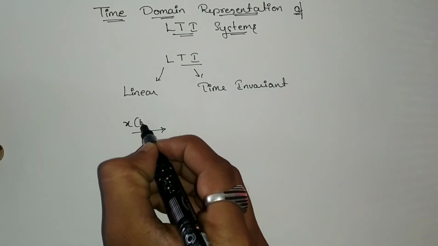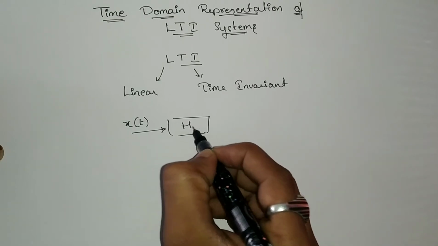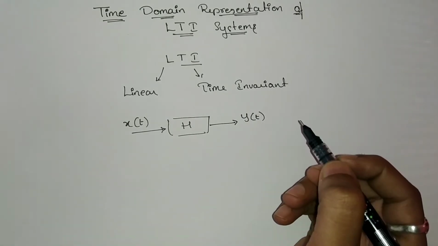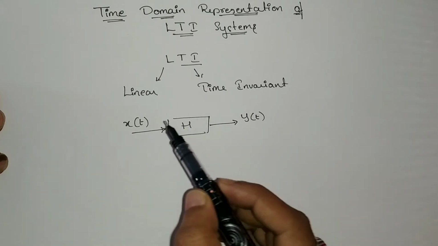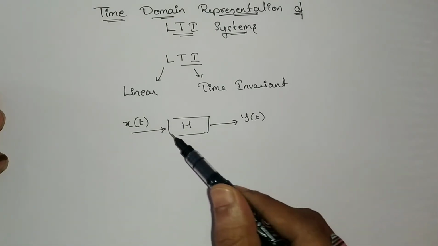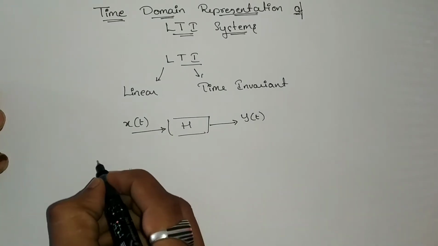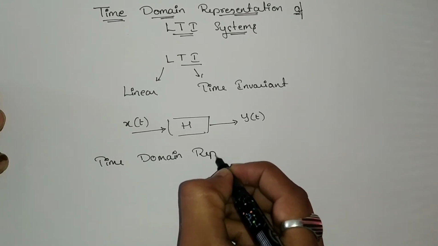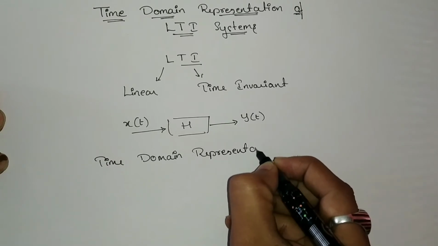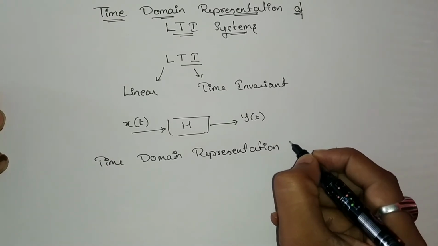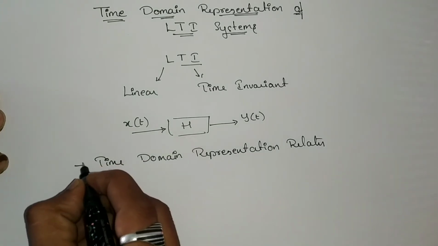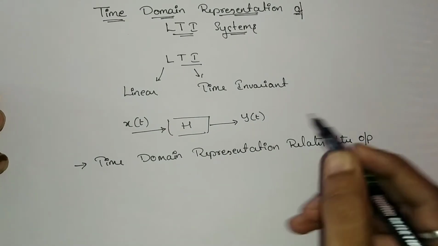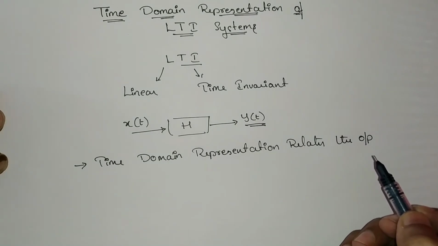If x of t is an input operated with an operator h, which leads to an output y of t, then for this case, for an input of x of t with an output y of t, which is operated by an operator h, time domain representation relates the output